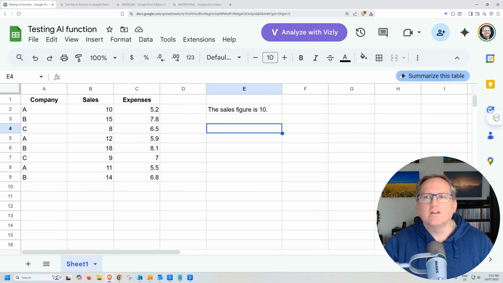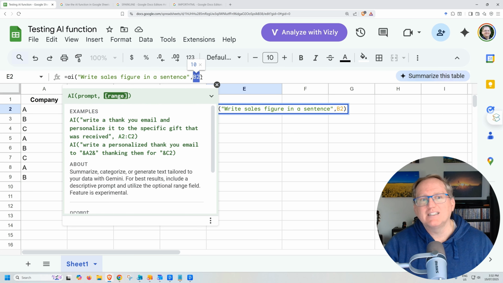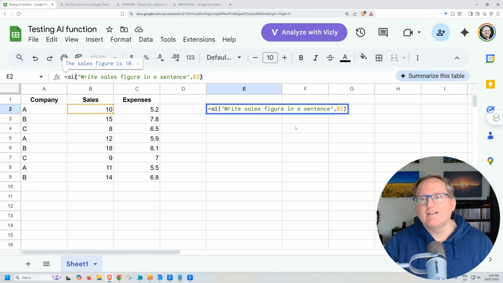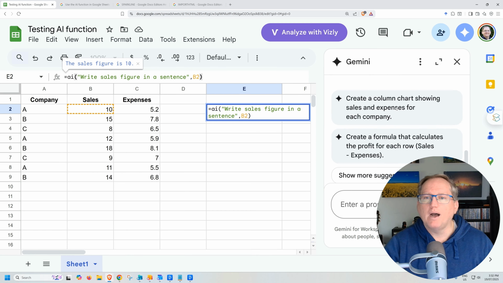Next up, we've got this one here, summarize this table. So whilst down here, I can put in a prompt with something like find the maximum, find the minimum, and I can make this a range. It doesn't have to be a single cell. It can be a range instead. Sometimes it will do that calculation I found, but sometimes it will say, actually, we'd prefer that you use summarize this table. So if we click on summarize this table, then we actually get the Gemini window pop up,